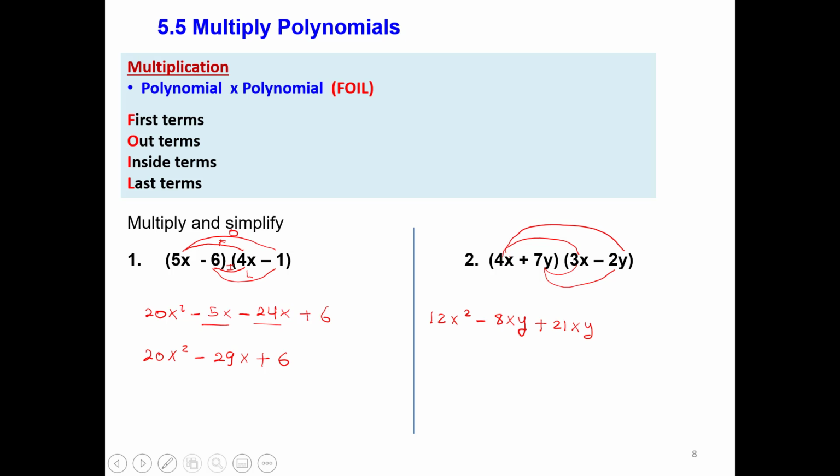Then positive times negative is negative. 7 times 2 is 14. Y times y is y to the second. Now, if it's possible, we need to combine. We will combine the like terms. We have xy, we have like terms. Then we can combine these 2 terms, and we have 12x to the second. If we combine these 2 terms, then we will have